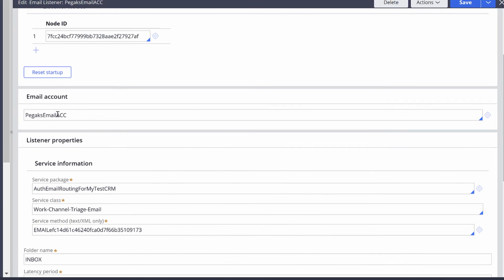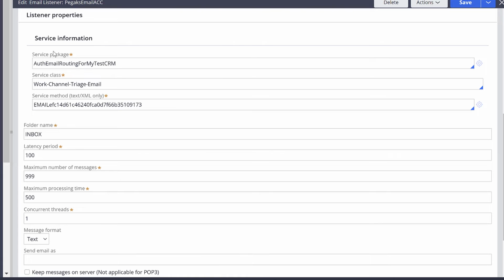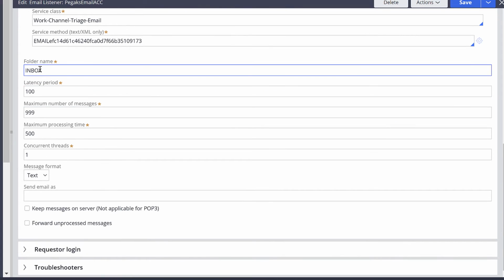Now coming to the email account. This is the email account that is automatically taken. This is your service package, this is your service class, this is the service method, and the folder name. So this is the folder the listener has to listen to, or read the messages from, on the email server.